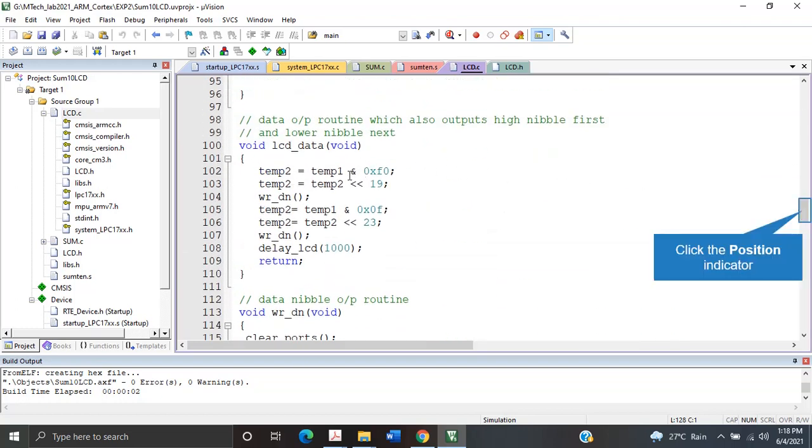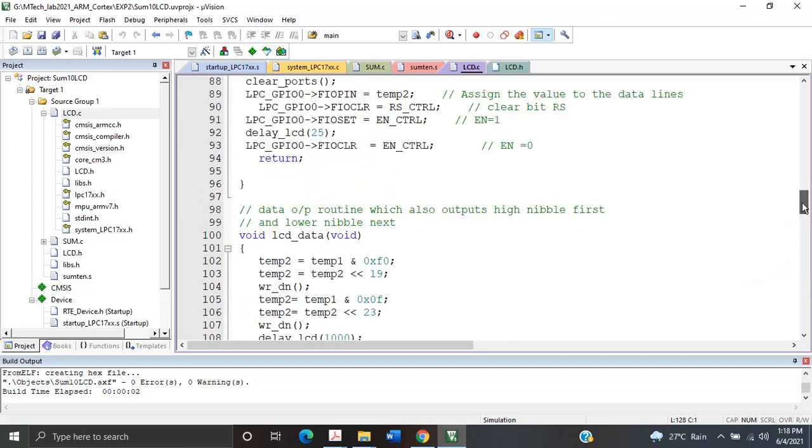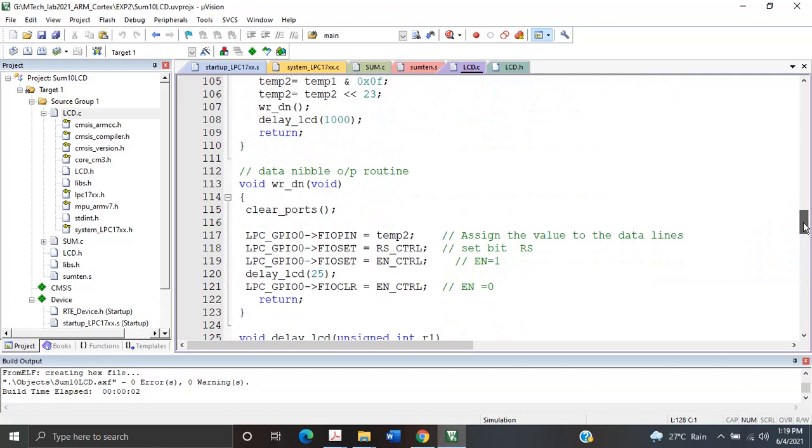You take the upper nibble, push it, write the data word, then take the lower nibble, again push it and write the data word. Then delay LCD so that the command is taken. This is for the data word, splitting of the nibbles and so on. Similarly, the writing command will be write command.